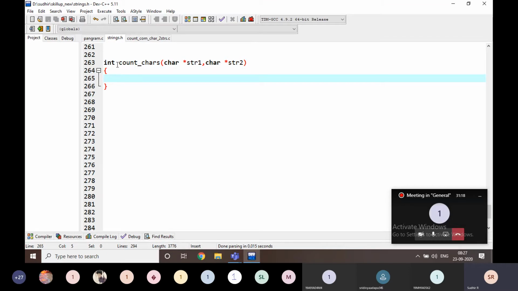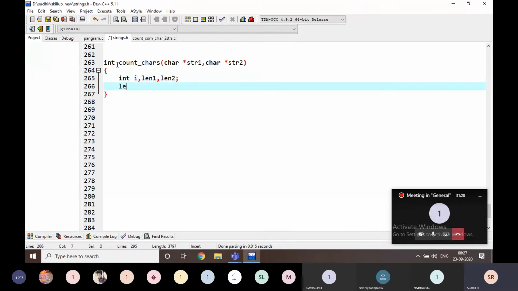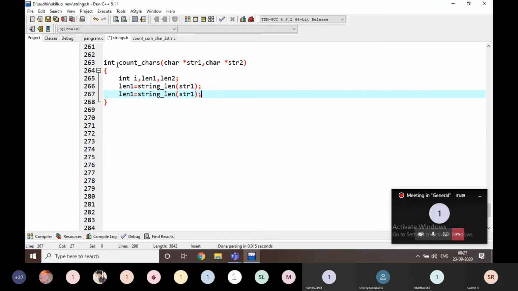Now I am going to take i for iteration, and length1 and length2, where length1 is the string length of str1 and length2 is the length of str2.